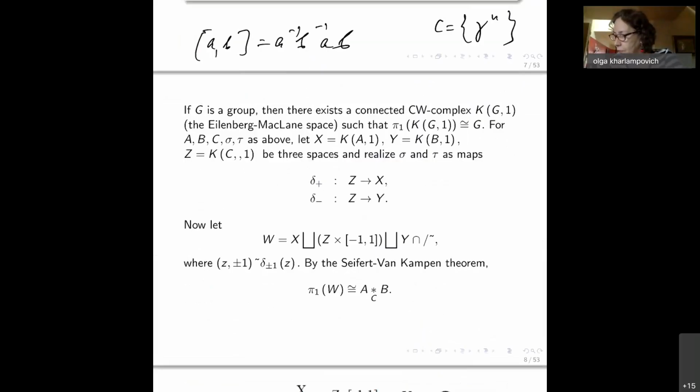We can construct this complex like this. These are generators, so we just take loops for generators, and then we glue relators. We take faces with boundary corresponding to relators and glue each relator to here. For example, if this is A and this is B, and we have the commutator A inverse, B inverse, A B, then we take this square labeled by A,